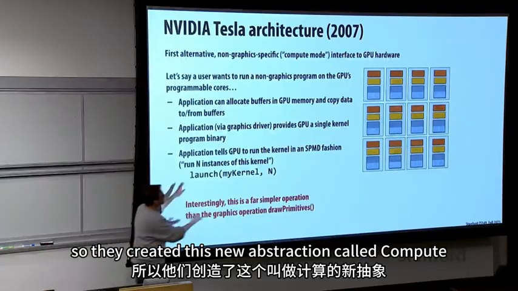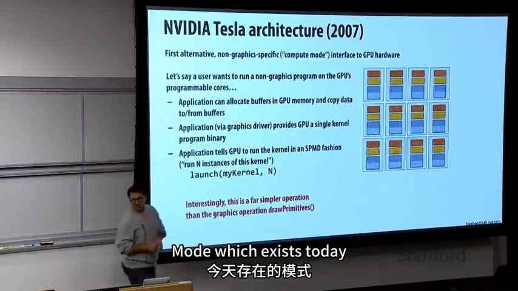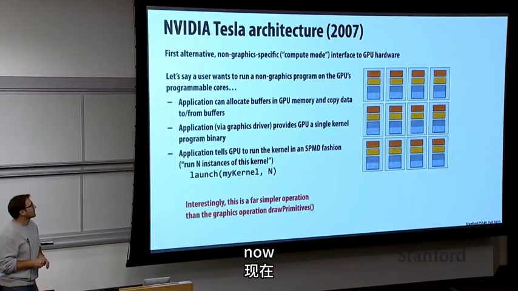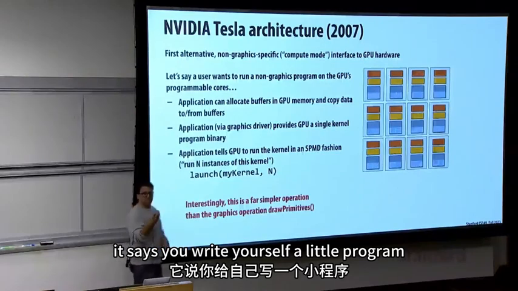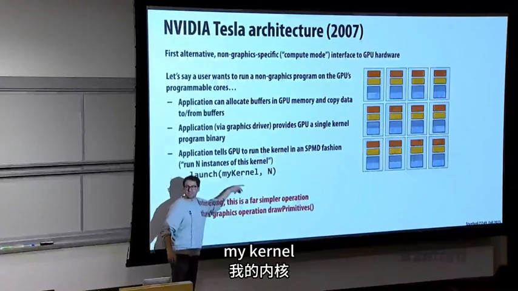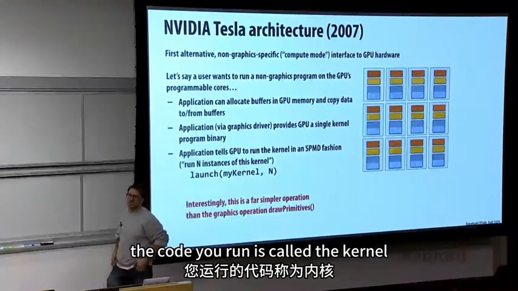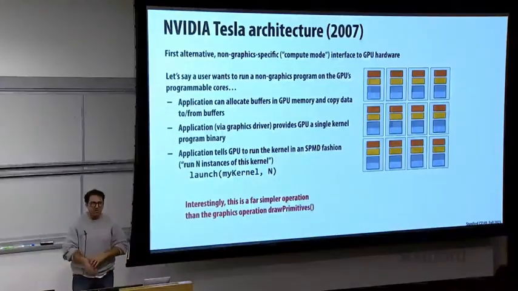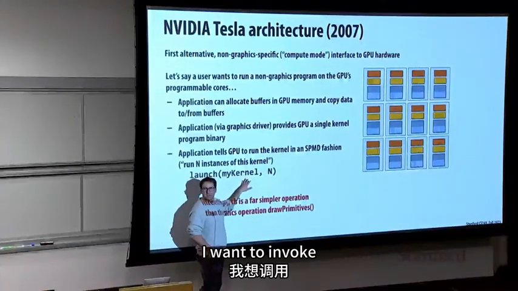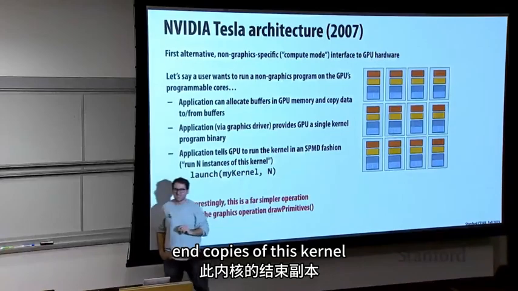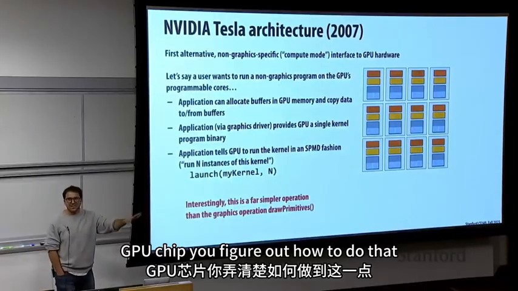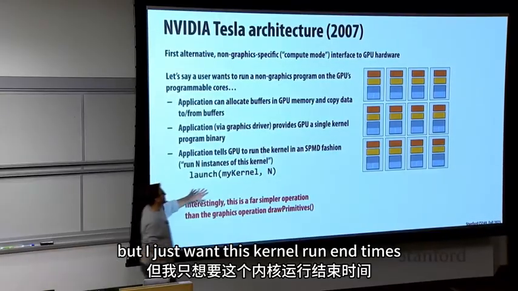So they created this new abstraction called compute mode, which exists today. And the interface to the hardware is the following now. You write yourself a little program, like some function foo. In this case, I call it my kernel, because in a data parallel sense, the code you run is called the kernel. And then you say, I want to invoke n copies of this kernel. GPU chip, you figure out how to do that, but I just want this kernel run n